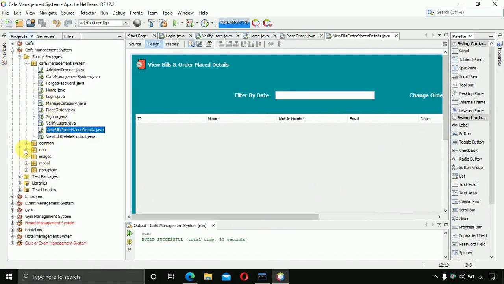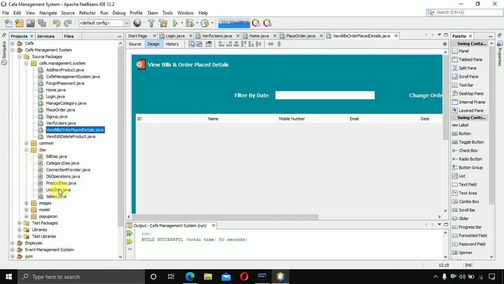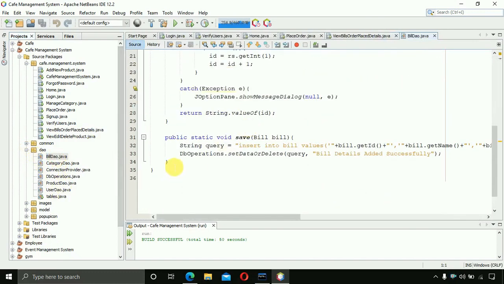So just click on DAO, this one, and after that we have to move to the build DAO, so this one, and let's move here, and here we are going to write the method which we are going to use to get the values. So public static, and it should be array list, and bill, get all records by increment, and here we are going to pass the date, so string date,